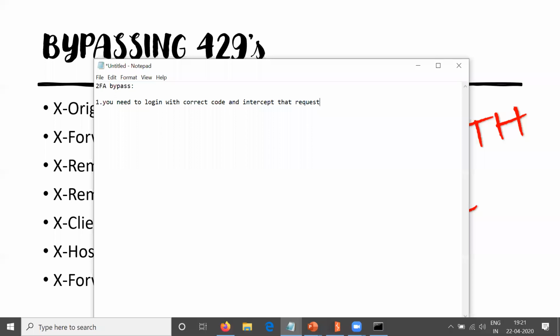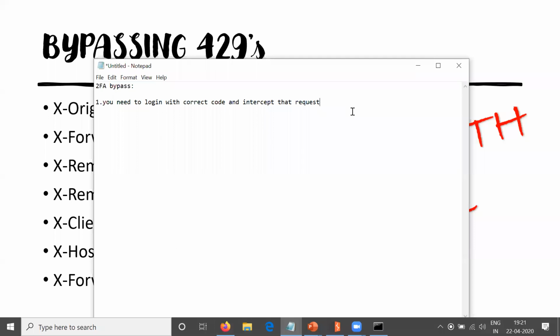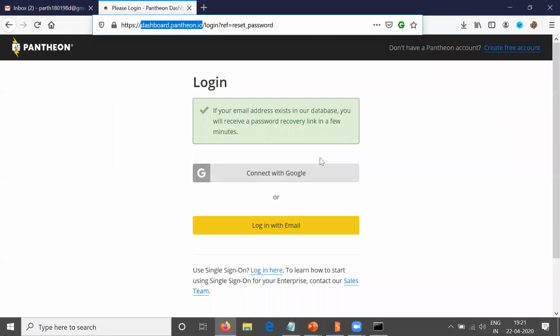Okay, so we'll see an example of 2FA bypass. I'm not sure whether it will be bypassed or not, but we can understand how it works and what the steps are to do this. So I'll go to a website here.